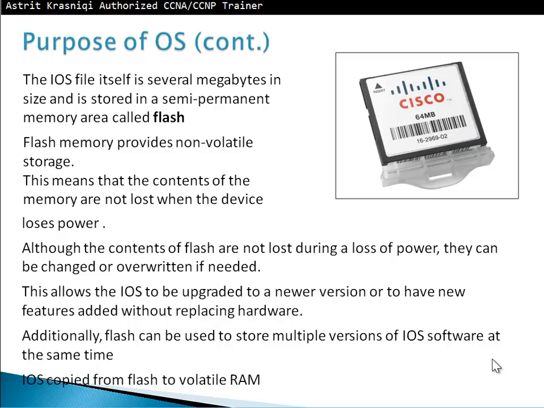needed. This allows the iOS to be upgraded to a newer version or to have new features added without replacing hardware. Additionally, flash can be used to store multiple versions of iOS software at the same time. iOS is copied from flash to volatile RAM. Flash will retain the data even if the device loses power, while RAM will not retain the data if the